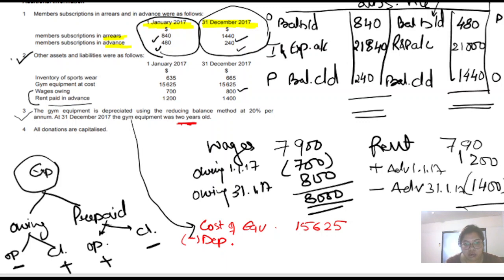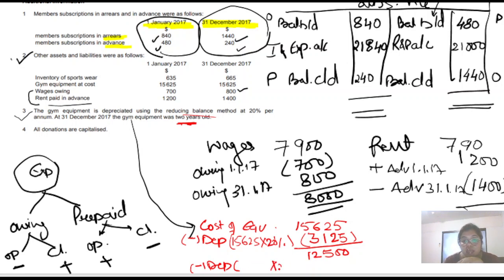So we have to calculate 2 year, but by which method? Reducing balance method, okay. So 15,625 into 20%, so 20% we have to calculate it on, and the 3125 it is, okay. Then what value we have? 12,500. Then again we need to calculate the depreciation, but because this is WDV method, okay, written down value method,